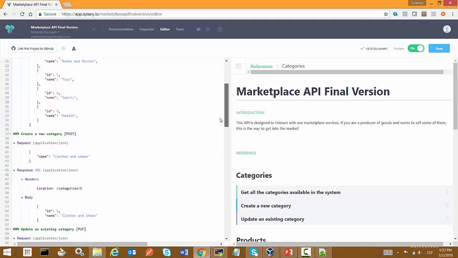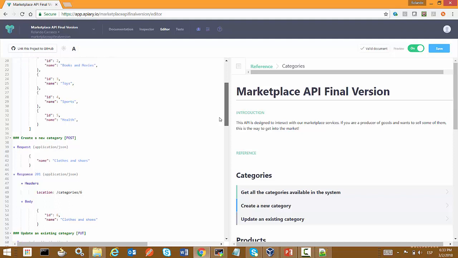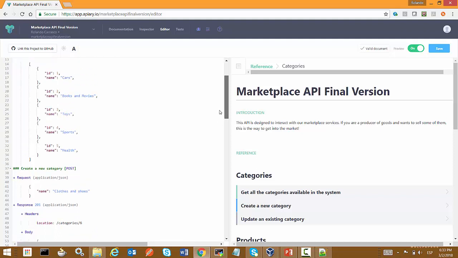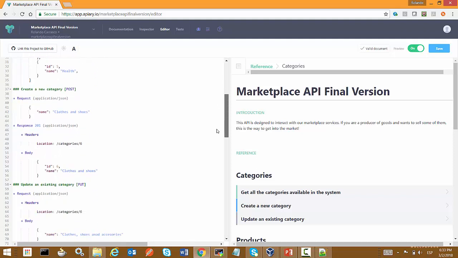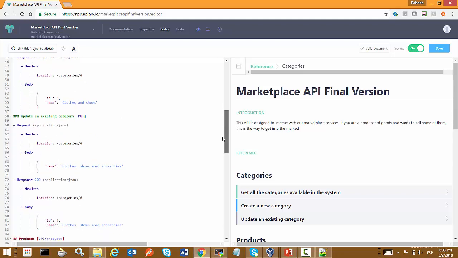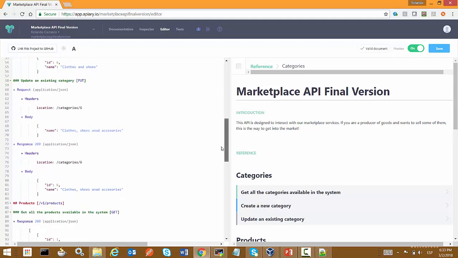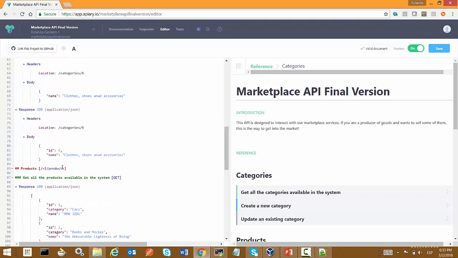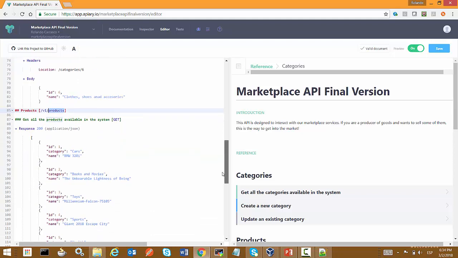Also, we see that you are defining in a better way the elements of your messages, which is also good. You are using different HTTP verbs to represent different actions in your resources, which is also good. The naming conventions are better. You are using plural to define your entities, so you are using products instead of product, which is also good.